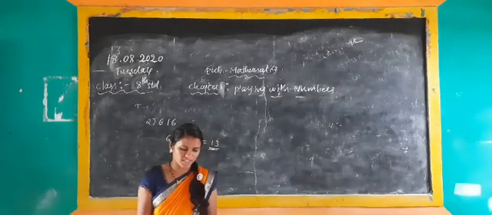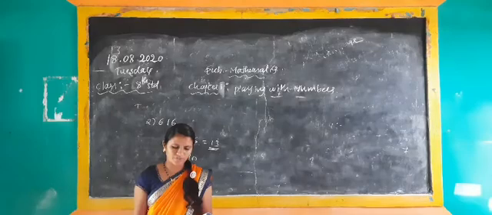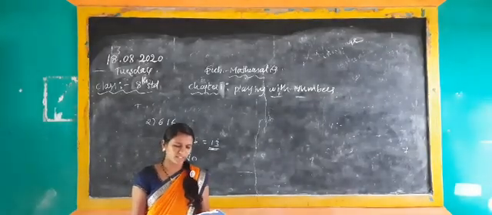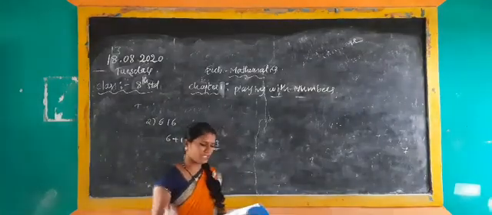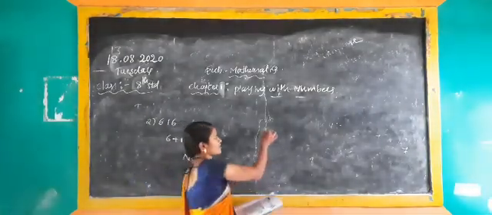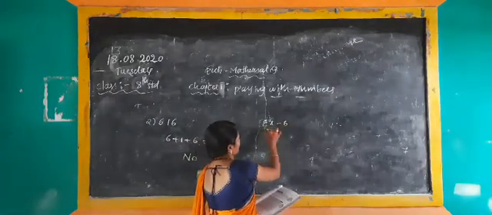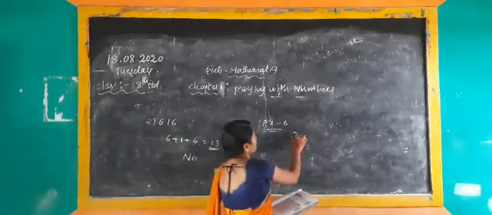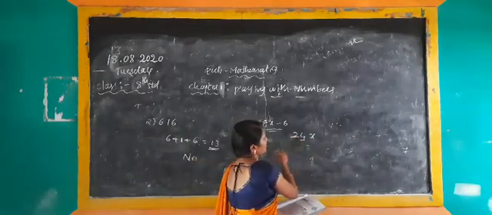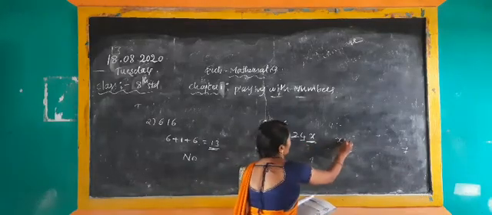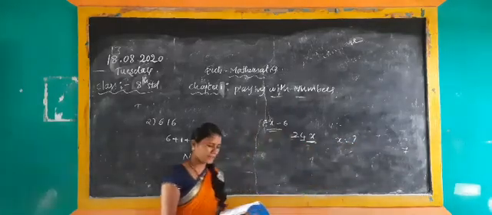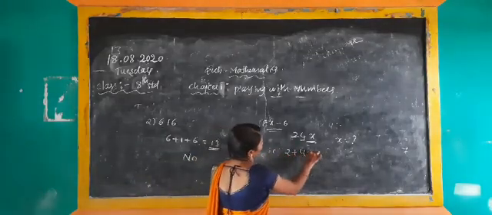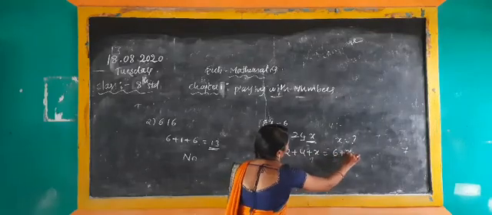And next, example 6. If the three-digit number 24x is divisible by 9, what is the value of x? Here they are saying it is a three-digit number, 24x. Here two digits are given, and you have to find the one digit. Find x. What is the value of x? It is divisible by 9. I said add these: 2 plus 4 plus x. It will be 6 plus x. Yes or no?